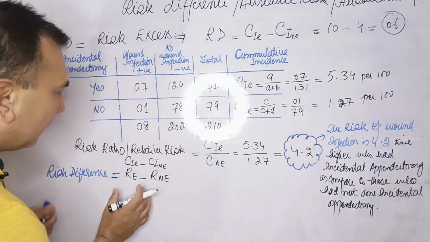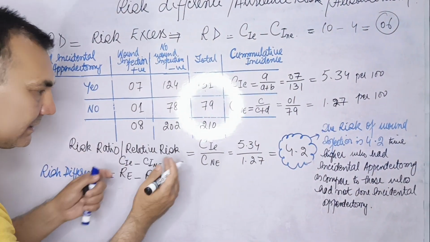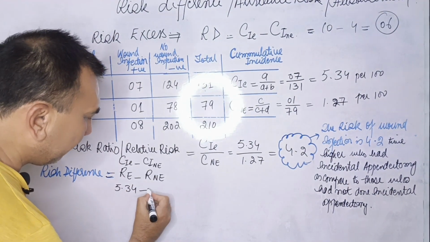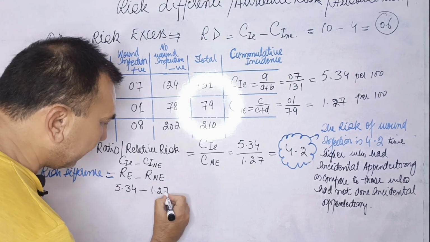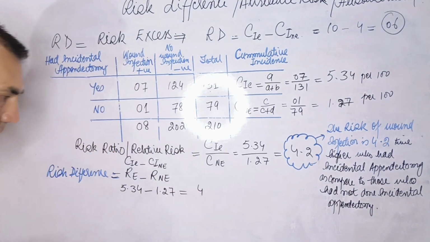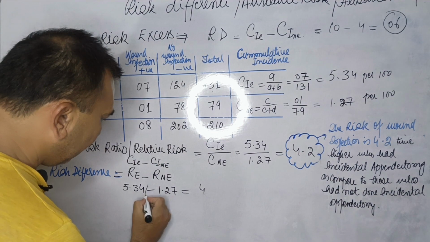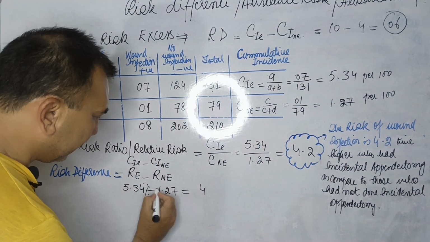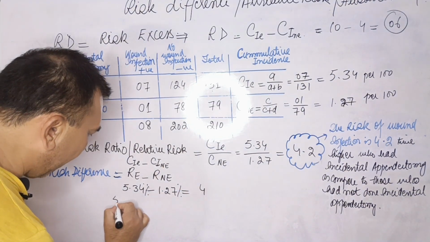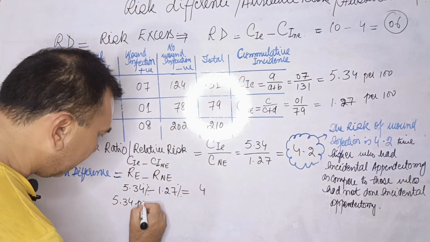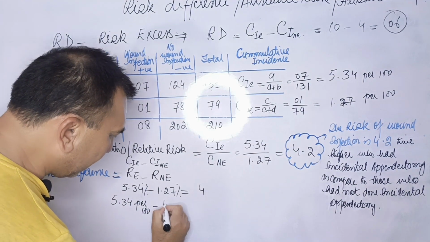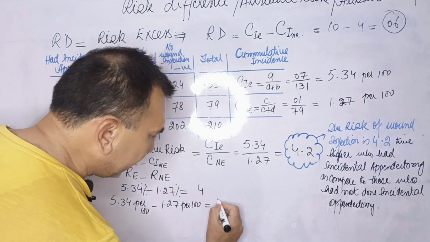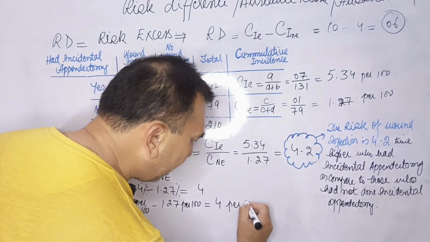Okay, so how much was it? 5.34, when we minus 1.27, it will come up with 4. We can say 5.34%, or you can say 5.34 per 100 minus 1.27 per 100 patients. When we minus it, there is 4 points per 100